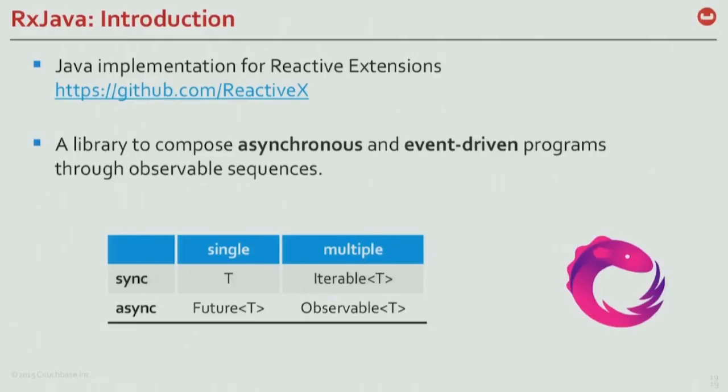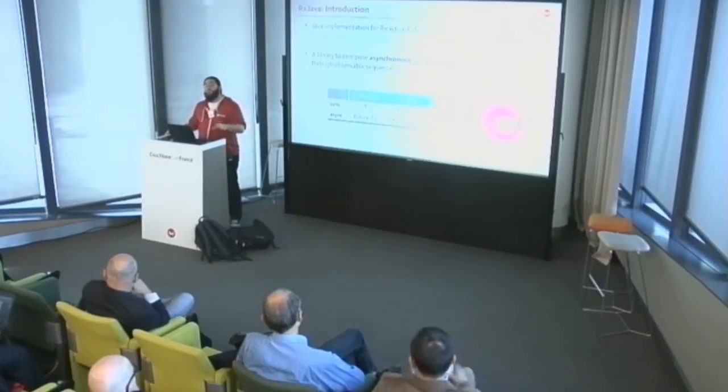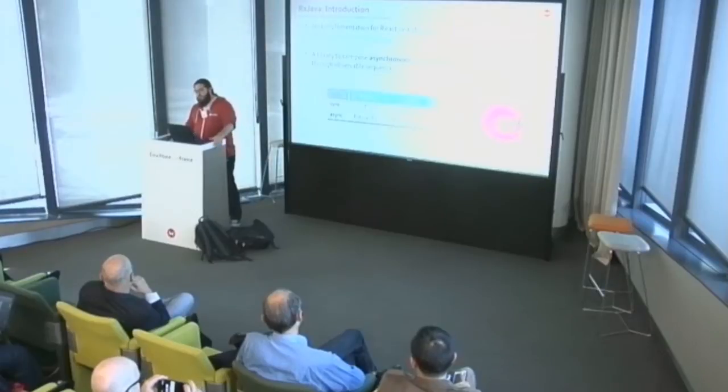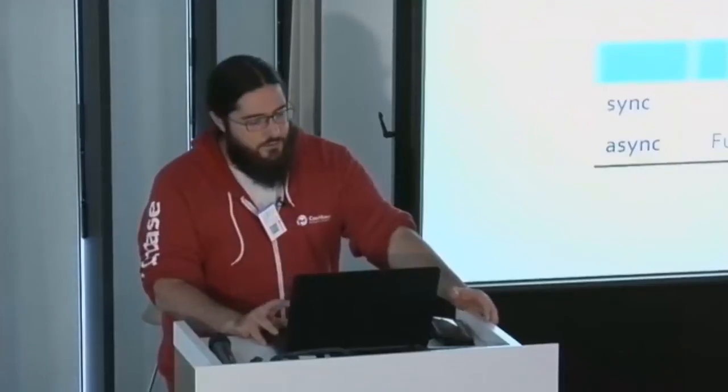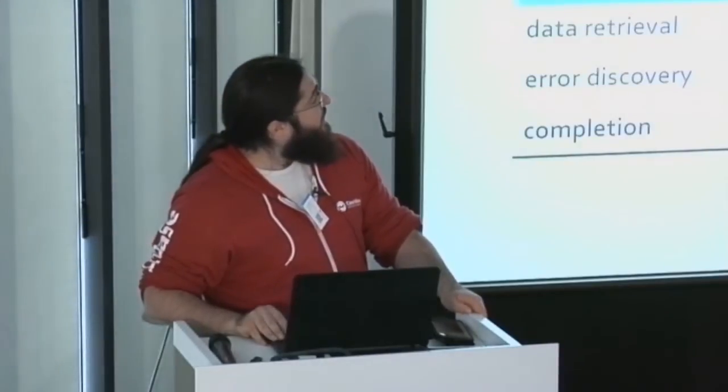So semantically, you don't know if you're going to return one object or many objects. This has been fixed in the latest RxJava releases. It's been fixed in Reactive Streams. It's been fixed in Reactor, which is another reactive framework as well, made by the Spring folks. But that's one of the downsides at the time when I prepared that talk.